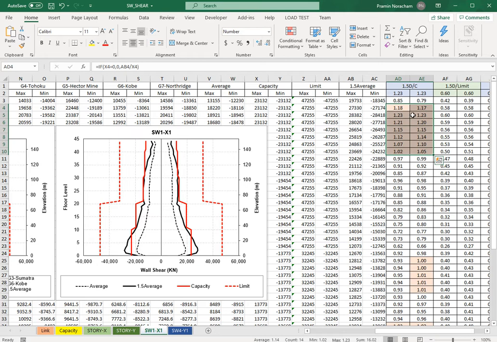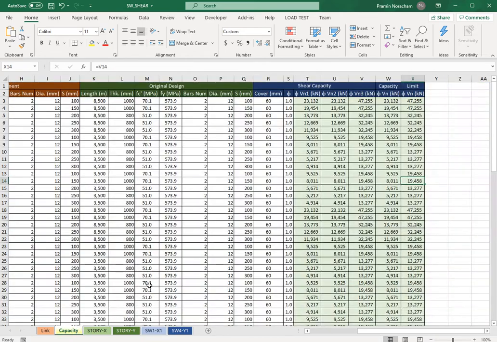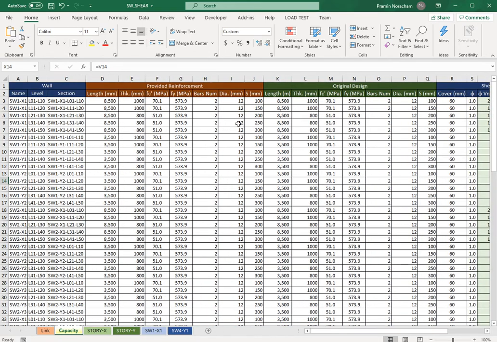In this case, if you want to fix this problem, because the shear wall shear capacity isn't enough to receive the load, you can add more stirrups, add more horizontal reinforcement. For example, at the first time we might use only 2 legs of the reinforcement.